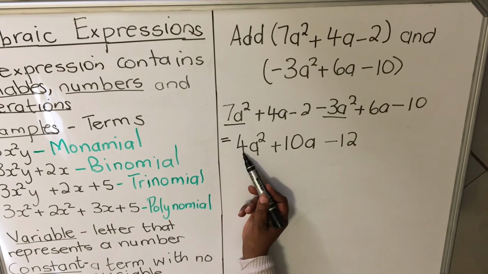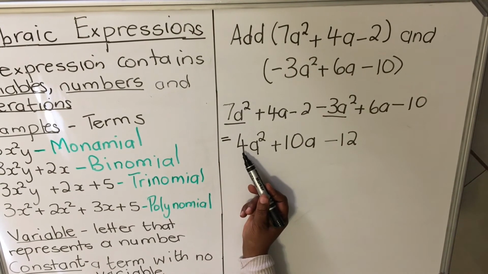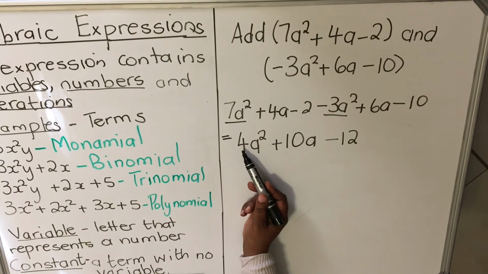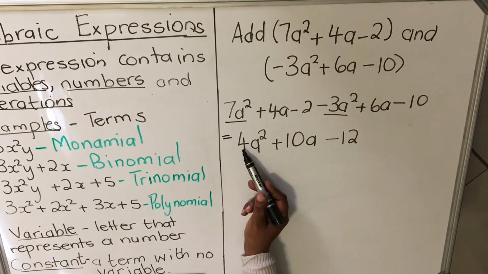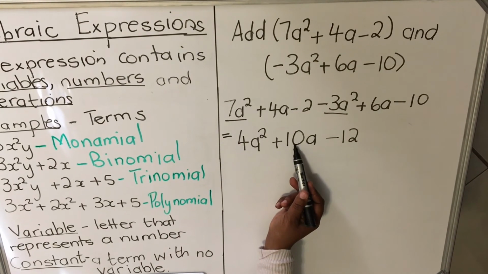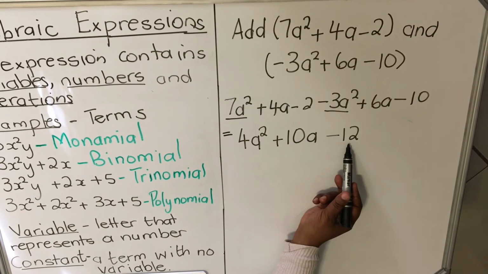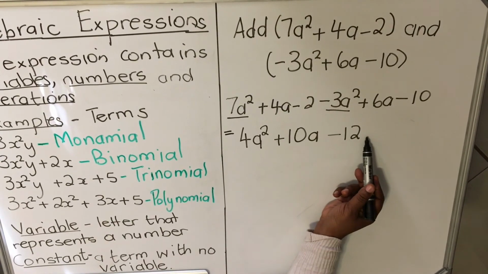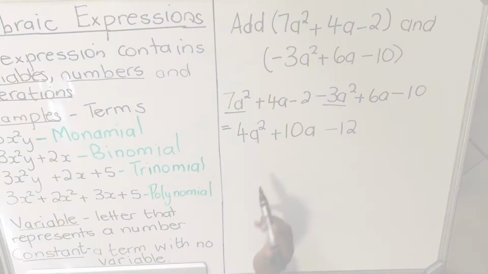Now, this 4 is called the coefficient. A coefficient is a number that goes with a variable. 4 is a coefficient of a squared. 10 is a coefficient of a. And then 12 is a constant. A constant is a number that doesn't have a variable. This is how you add